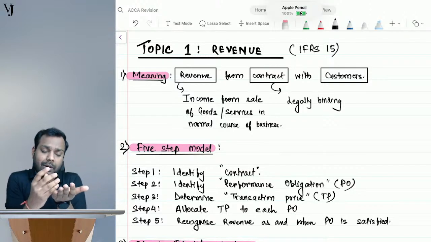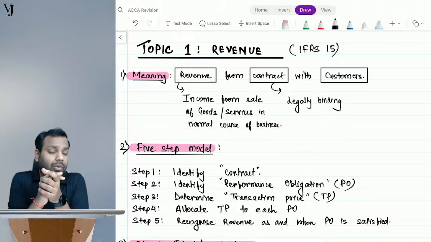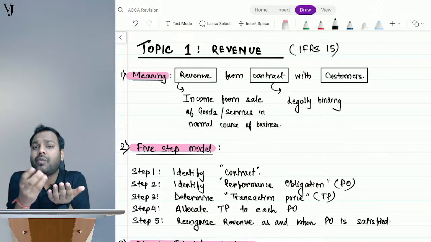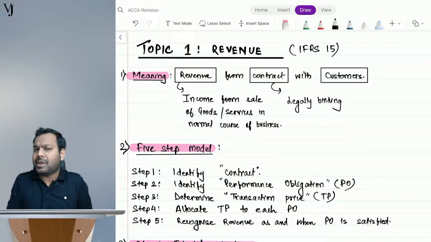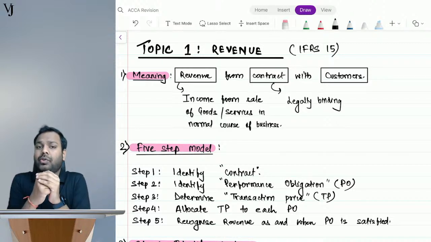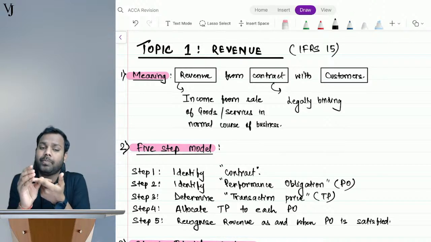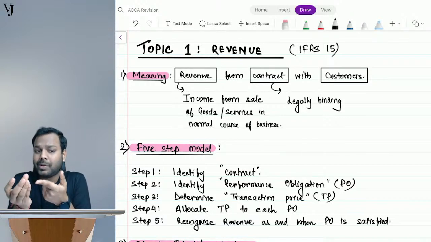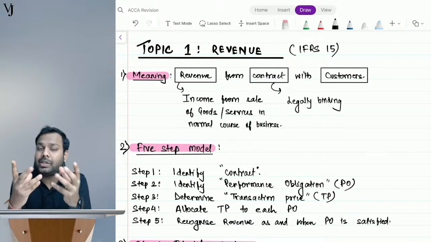Receipts can come from investment income. Is that revenue? No. Receipts can come from interest income. Is that revenue? No. So basically, receipts from sale of goods or services. Now, let's suppose I sell this tablet. Is that revenue? No. I sell this laptop. Is that revenue? No. Because I am in the business of education, the fees that come from my students is my revenue. So income received from sale of goods or services in the normal course of business or in the ordinary course of activities is called revenue.